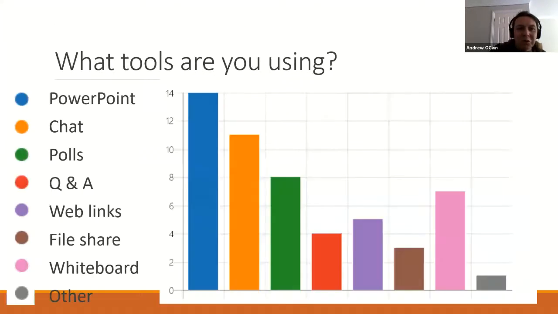Might work, I suppose. I thought this would be quite useful for people to see what kind of things are being used. Obviously, the PowerPoint is the most common teaching tool being used in politics at our institution, followed closely by chat. Now, one of the things we do have access to in our teaching environment is polls, but if you don't have access to any software that allows you to do that, you can build them into the PowerPoint. That's certainly, I've found, multiple choice polls